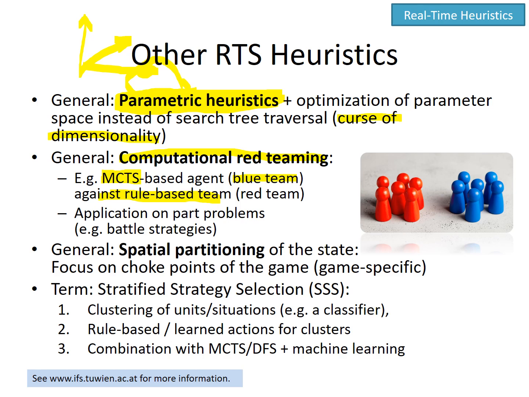In the second step, you employ rule-based or learned actions for these clusters, and this might then be combined with the proper depth search and machine learning algorithms in order to optimize the performance for a particular program. So if you reflect on that, stratified strategy selection is kind of a summary of the methods that I introduced before. This is in general what you actually should do in order to solve your